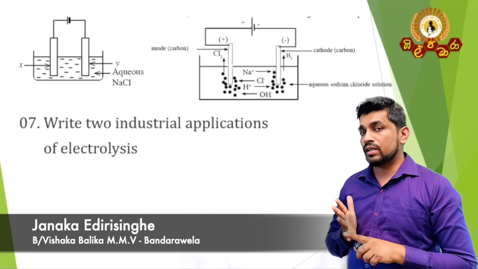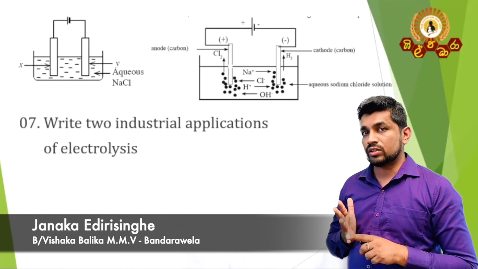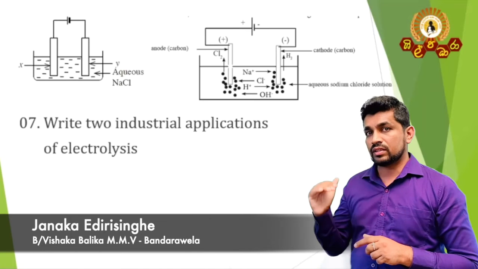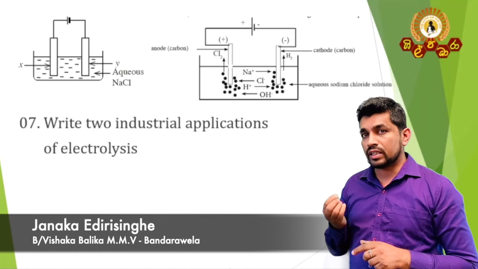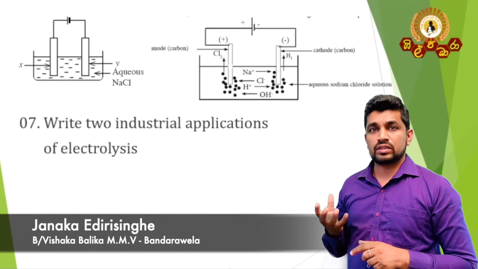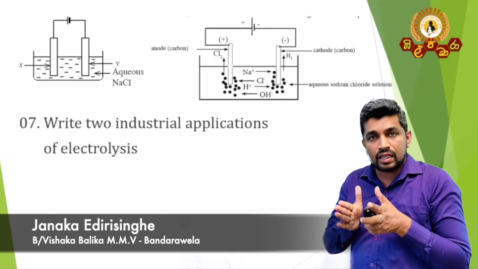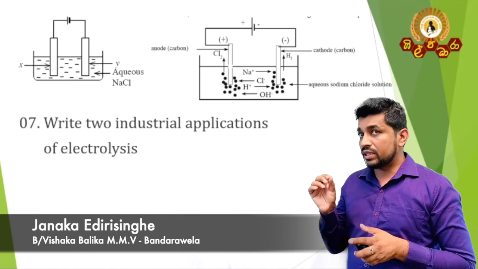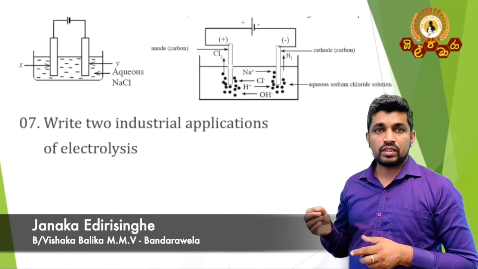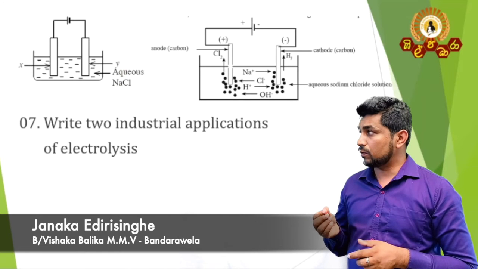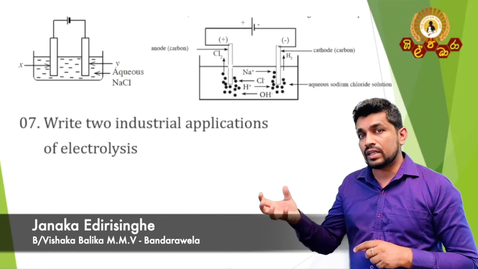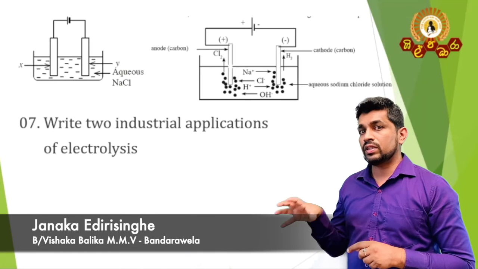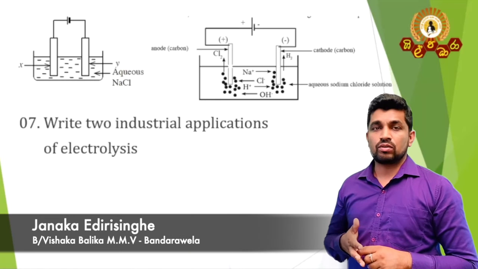While we are studying the activity series, you already know the top level elements are present as salts. So we mention stable substances, stable compounds. They can be separated by using this method only. This is an expensive method even. Therefore, especially when we are extracting some active metals from their natural forms, we use this electrolysis process.